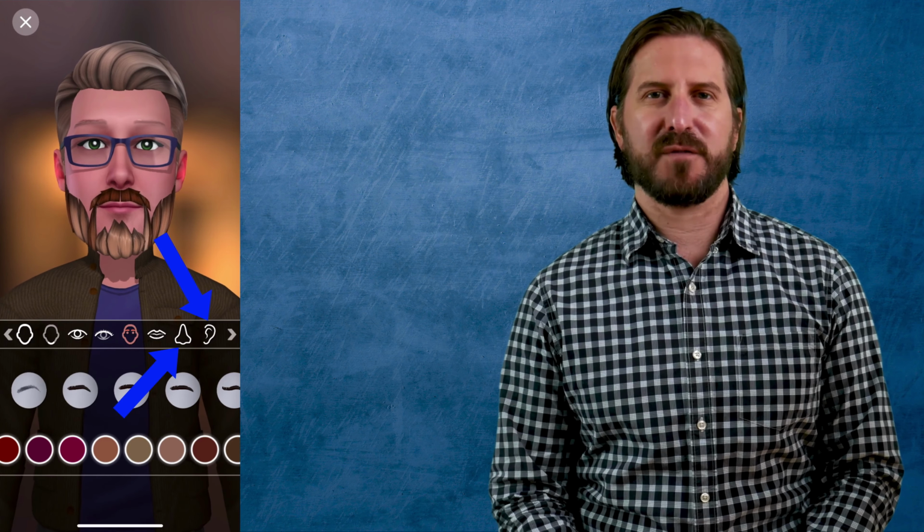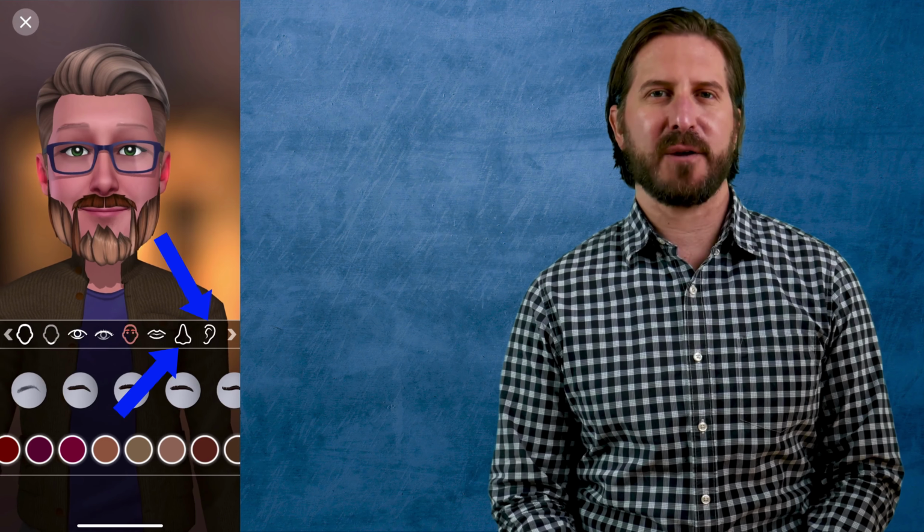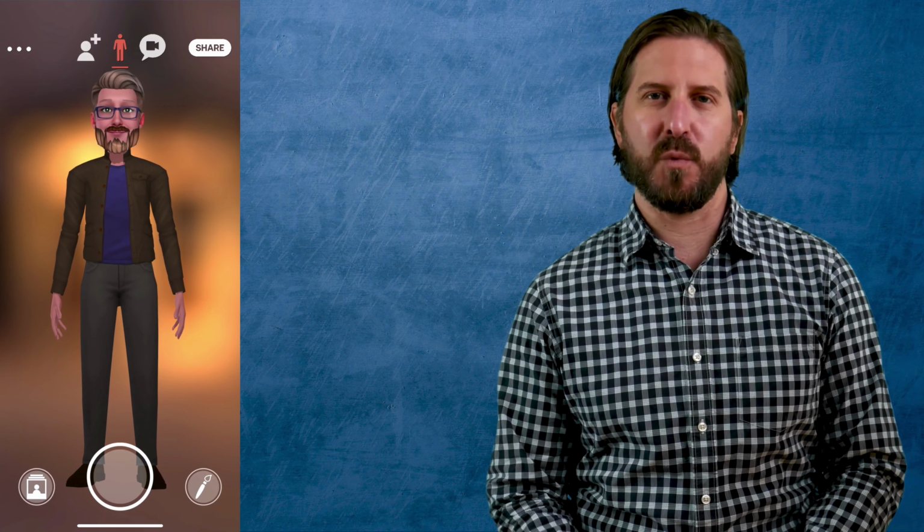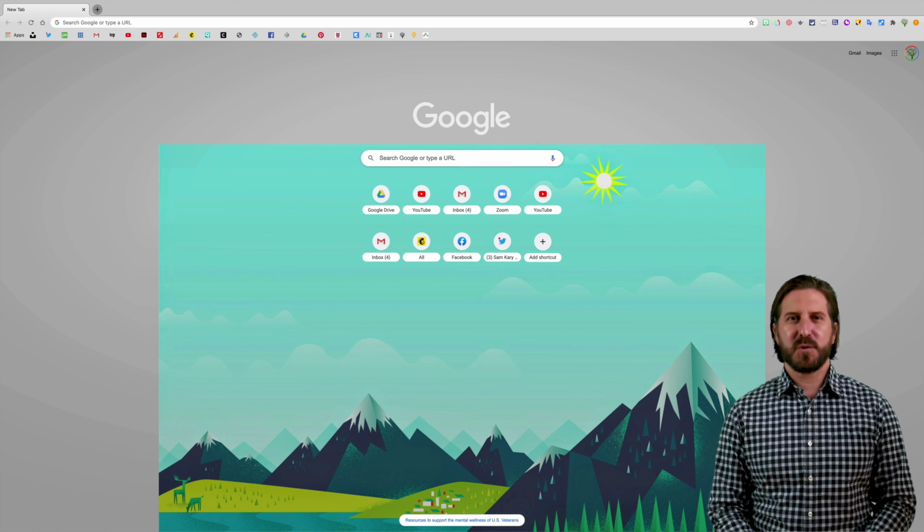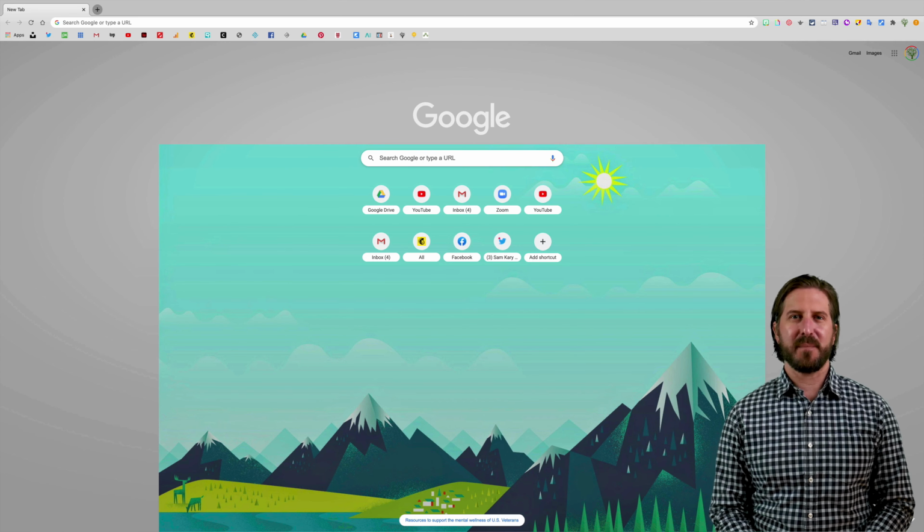So the idea here, of course, is that you can tinker with it and make your avatar look exactly the way that you want it to look. All right, now that I've created my virtual avatar on my phone, I'm going to hop over to my computer